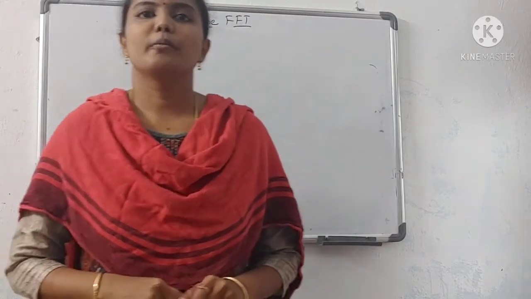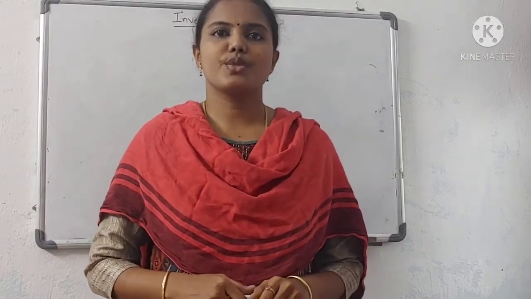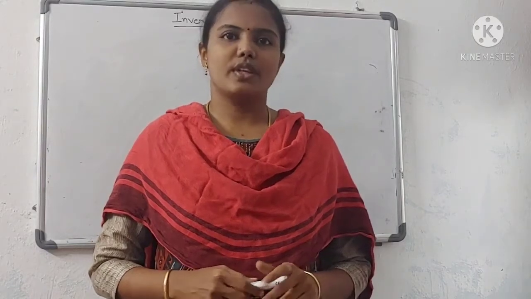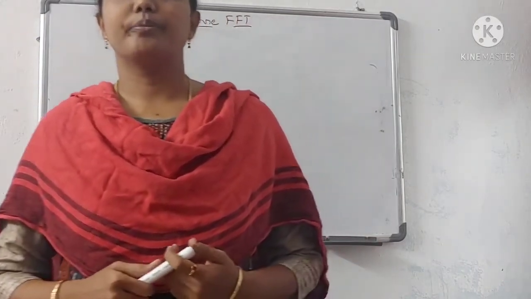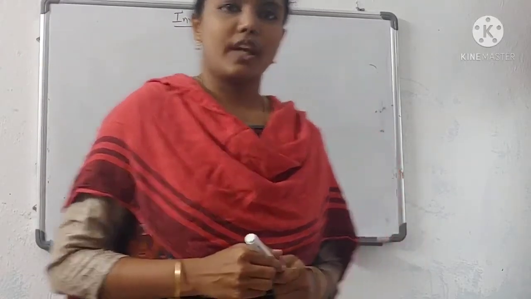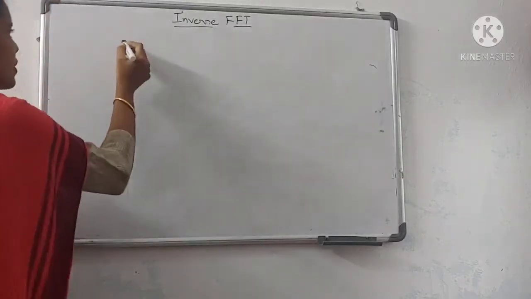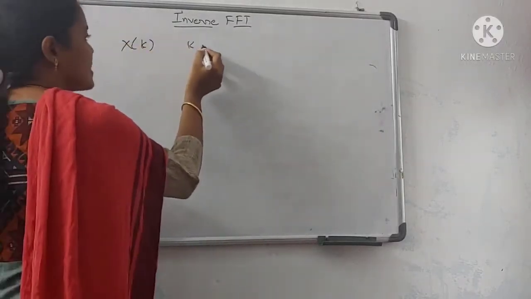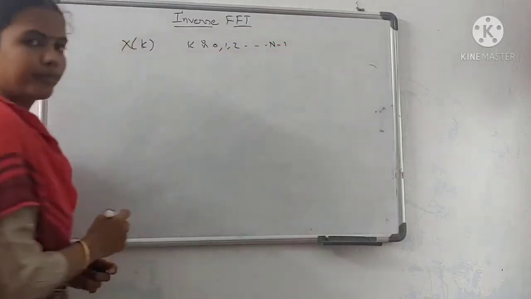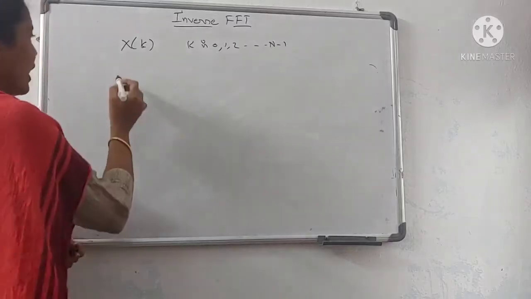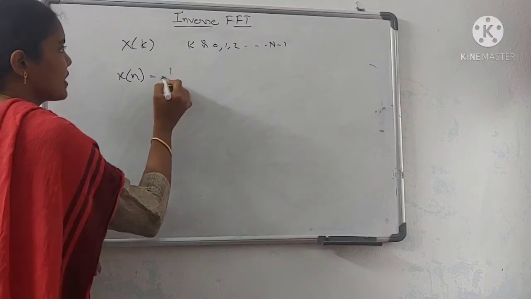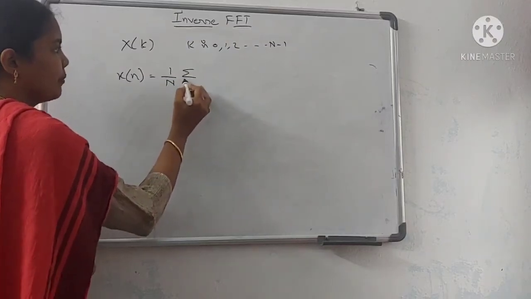So now I am going to explain about inverse fast Fourier transform. The fast Fourier transform can be used to compute inverse DFT without any change in the algorithm. The inverse DFT of a sequence X(k), where k is equal to 0, 1, 2 and so on up to N minus 1. Now the inverse DFT, which is given as x(n), is equal to 1 by N summation k